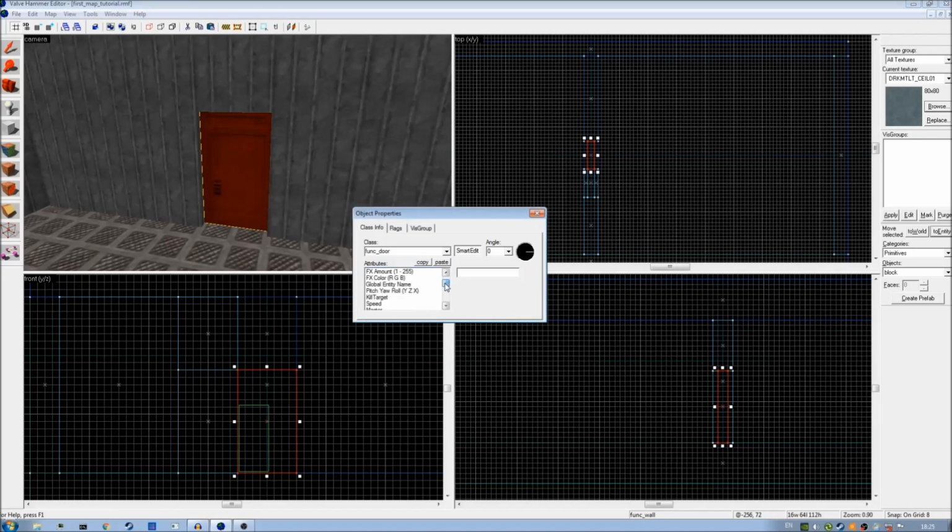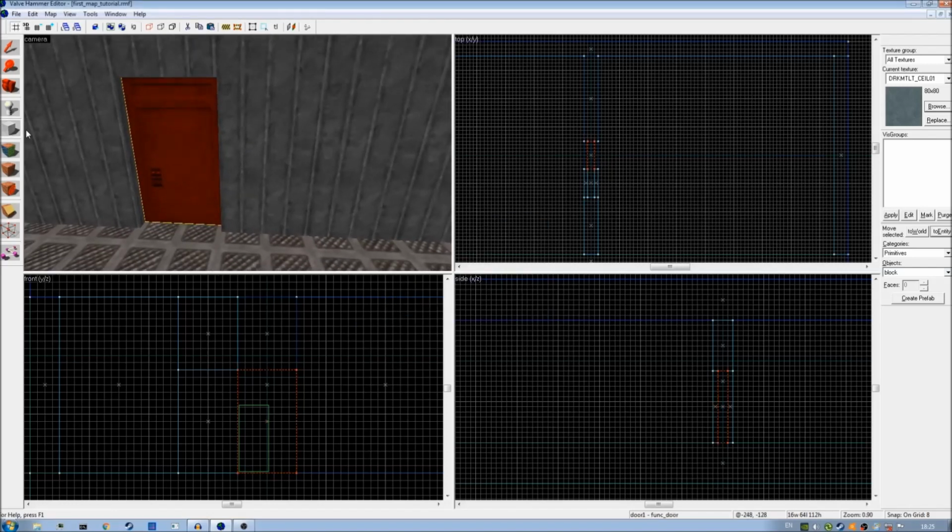So for instance, in the case of a door, you can change how fast it opens or closes. So when it's on 100 by default, if you put it to 0, it'll just go to its default value, which is 100. If you put it on 1, I imagine it will just move really slowly. 50 is moderately fast, moderately slow. I'm just going to leave it on 100 for now because that's a fairly decent speed for a sliding door. What you can do with a name is if you name, for instance, this door, door 1, and actually I'm